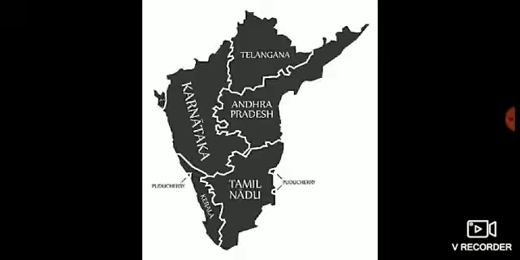So children, just don't leave it by marking the states. Take your atlas, learn the capitals of the states also. No need to draw it, plot it in the map. You have to enhance your knowledge, right? So for that purpose, mark the states and learn the capitals of these states. So after completing this, you have to take your map, keep it safely in your portfolio. Okay, children? And finally, complete it, take a picture and send it to your class teacher.